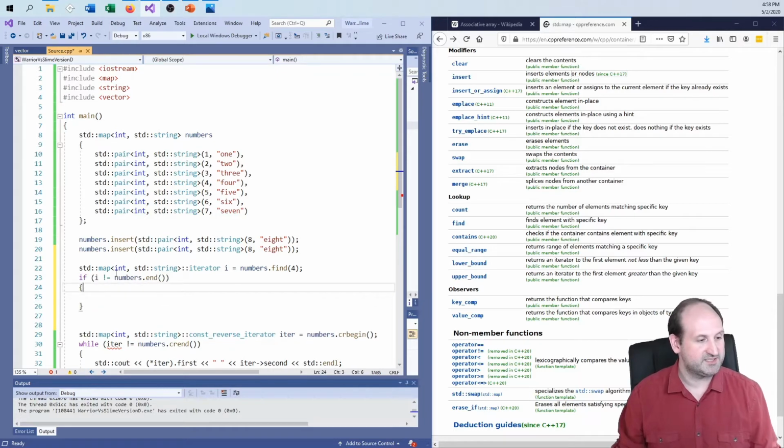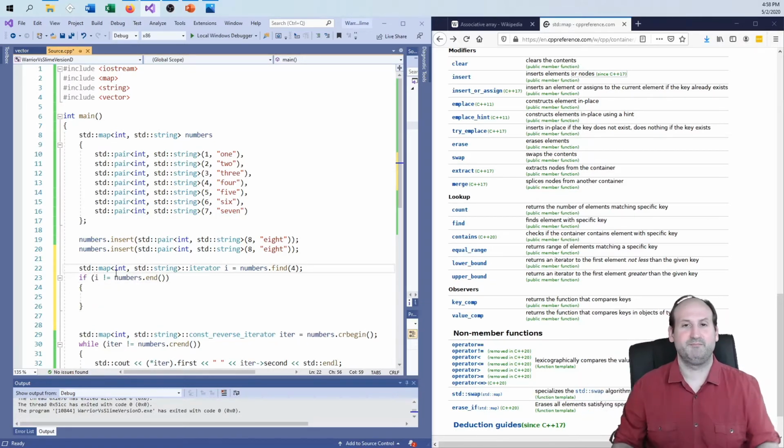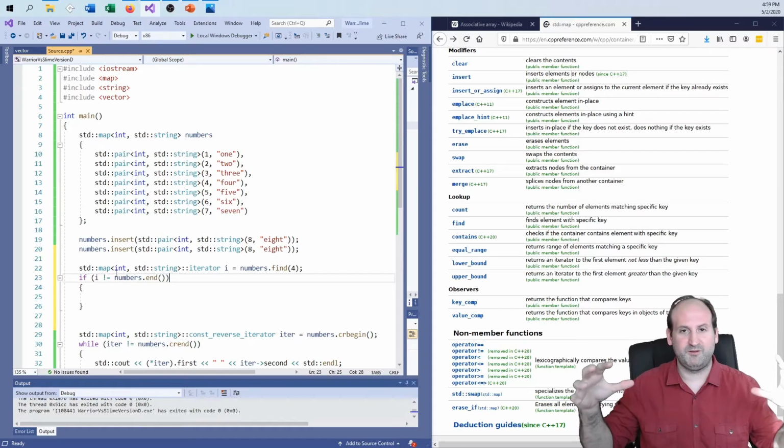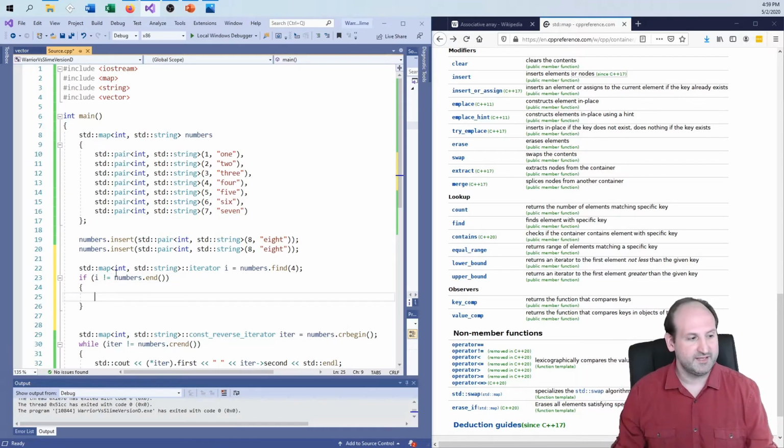So in this case, it's searching. I didn't give it any iterators to limit a certain region of the map to search for this key-value pair. So basically, if it searches the whole data structure and can't find it, it's going to return the end iterator. And so in this case,